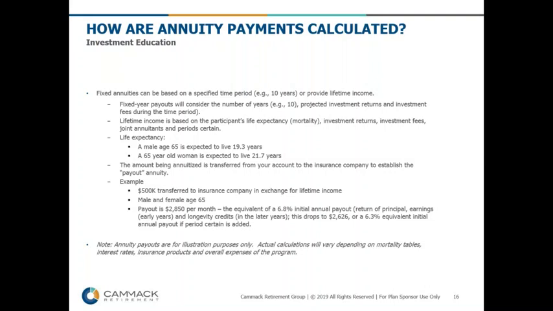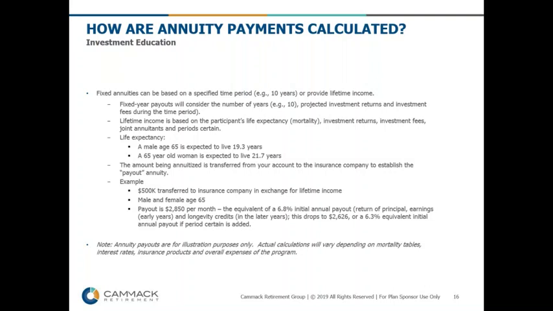The amount being annuitized is transferred from your account to the insurance company to establish the payout annuity. So this is when people start to get a little antsy when you start talking about taking an annuity, because you're actually taking that money out of your account and giving it to the insurance company in exchange for a series of monthly payments, whether it's 10 years or based on your life expectancy for lifetime